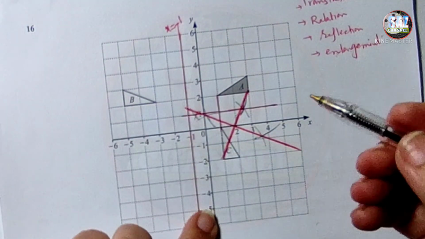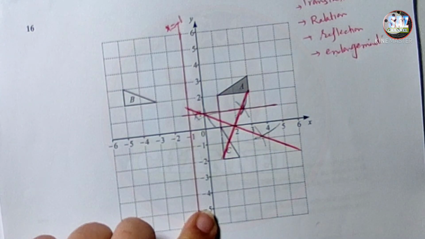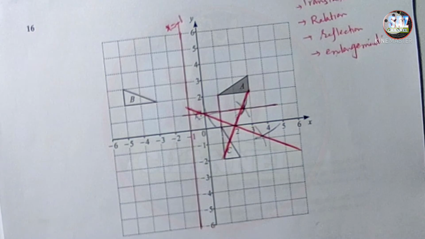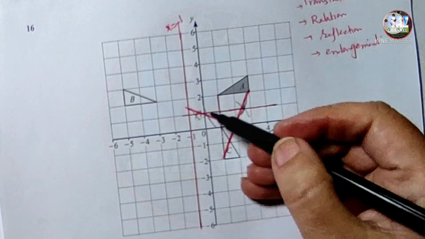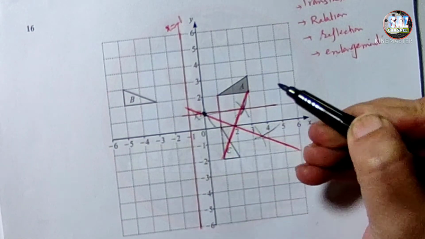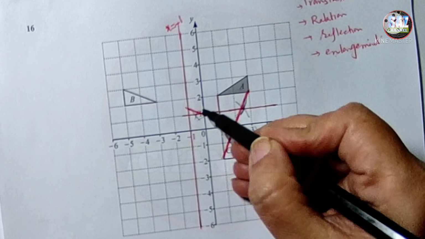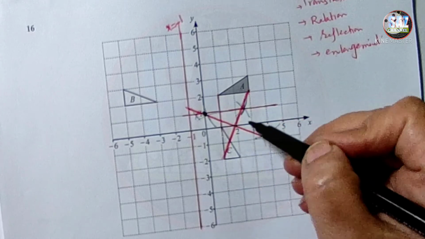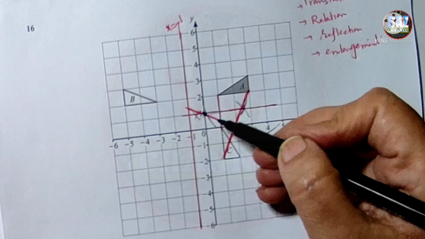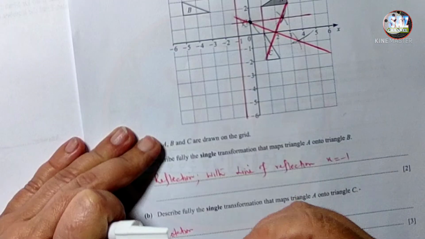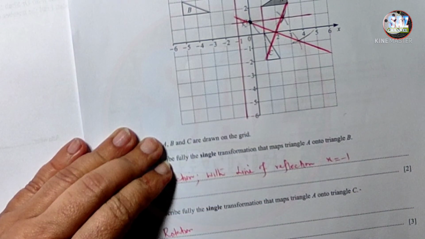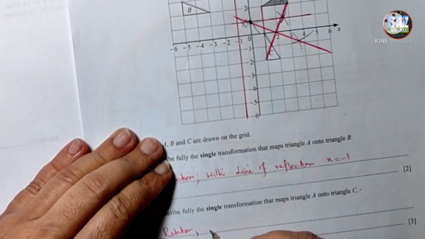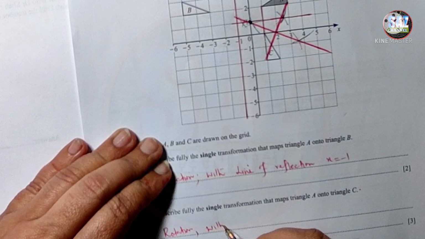Now look at what point both the perpendicular bisectors are meeting. Both are meeting at this point. This line was cutting at 0 and 1, and the second perpendicular bisector is also cutting at 0 and 1, and this is a rotation with center